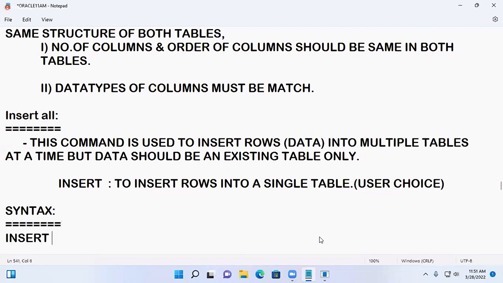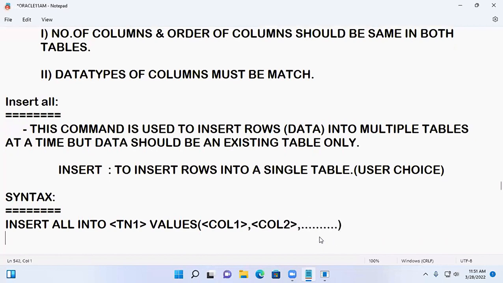So what is my syntax here? INSERT ALL INTO table_name1 VALUES (column1, column2, and so on) INTO table_name2 VALUES (column1, column2, and so on),